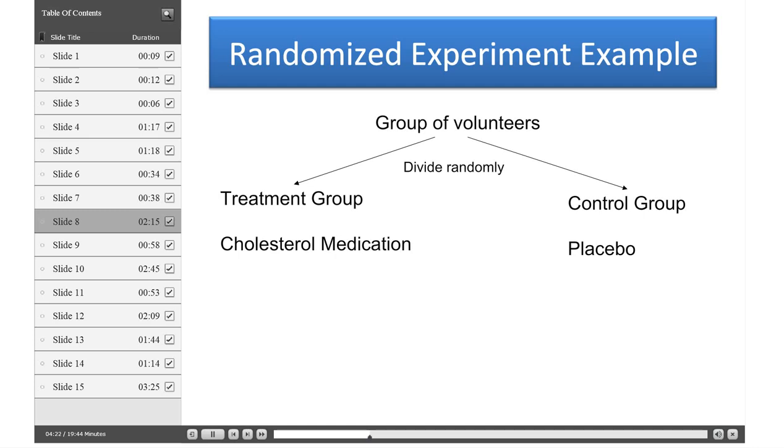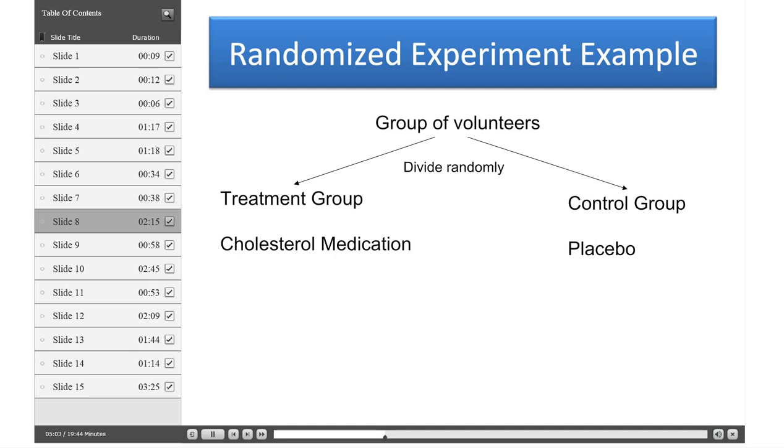A moment ago we were talking about trying to figure out whether a newly developed cholesterol medication has an impact on someone's cholesterol level or not. In order to use an experiment to figure this out, we would start off with a group of volunteers, and we would divide them randomly into a treatment group and a control group. The purpose of dividing them randomly is this actually helps to ensure that the treatment group and control group are very similar to each other, and that will mean that any difference between the treatment and control group's cholesterol levels can actually be attributed to the cholesterol medication and not due to some other variable that we haven't taken into account. So we give the treatment group the cholesterol medication, and we give the control group a placebo, which is a